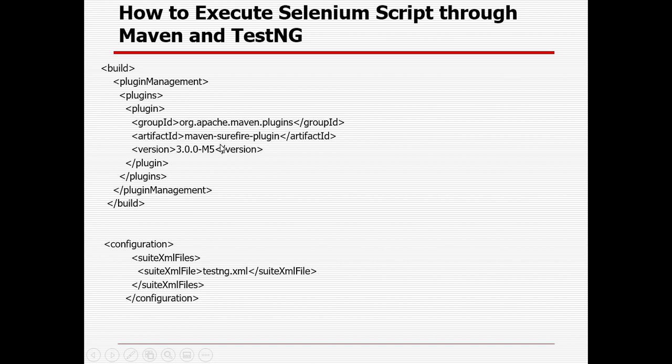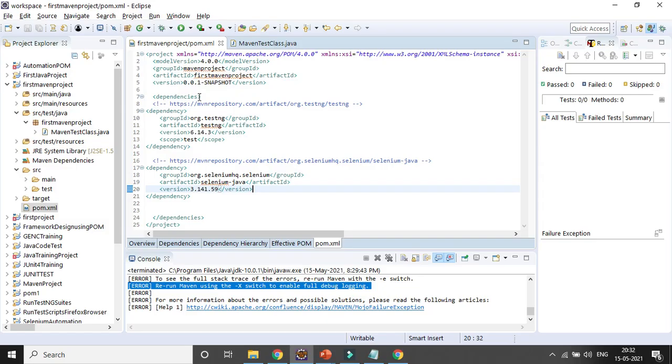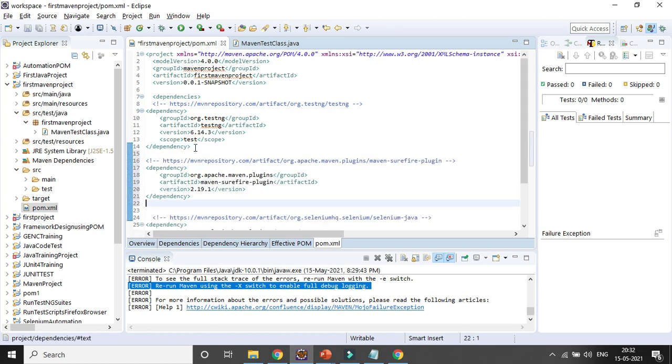So I will show you how I can add it. Here I can add some dependency for the Surefire plugin. So I need to save it. After that we need to add some build. Let's try to run it, whether it's running or not, after adding the Surefire plugin dependency, or else we will add the plugin. So this is a dependency, not the plugin, because this is under the dependencies tag, though it is mentioned as Maven Surefire plugin. So let's try to save the building workspace and let's try to run it.